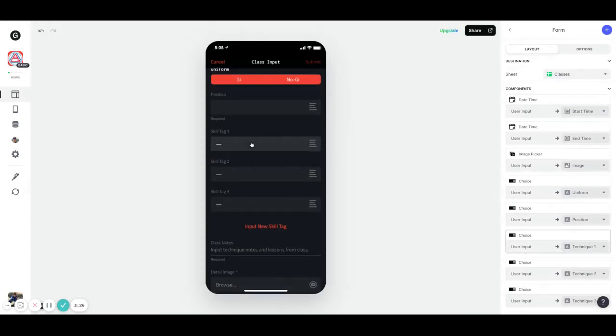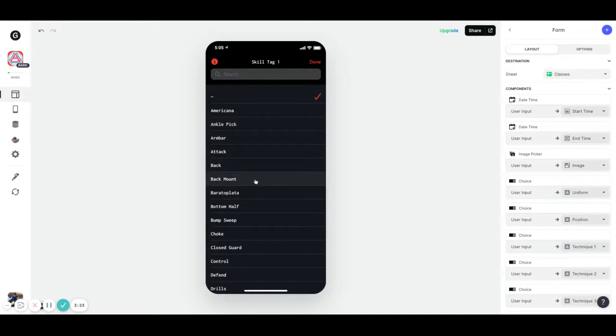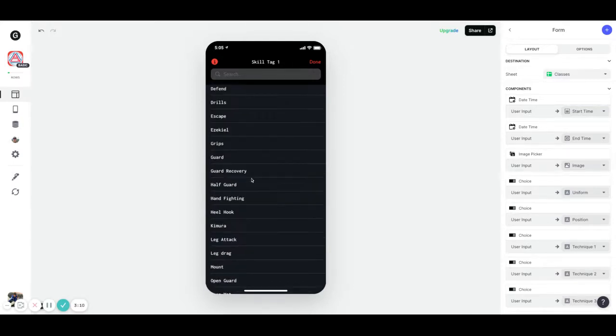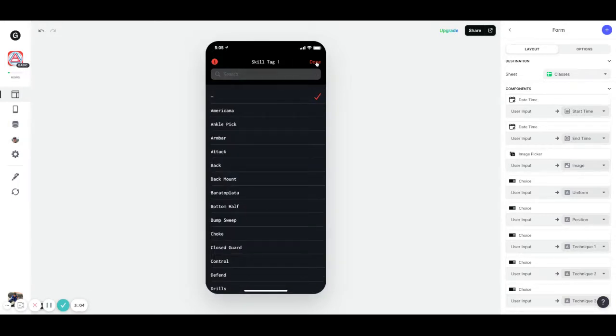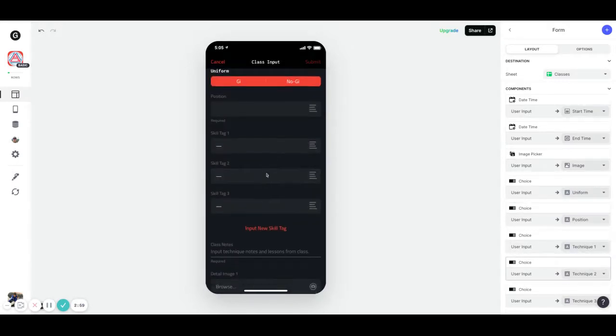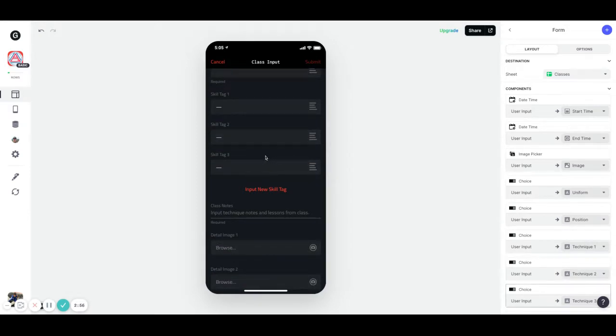Following that, you can select skill tags, and think of this as like hashtagging for your class. So you can select up to 3, and that's limited just because we don't want to blow out the relations and have 100 different relations to one class. So when you select a skill tag, it will link to other videos and the classes associated with that skill tag. So everything's connected together. The idea behind this entire app was to make it flow the same way Jiu-Jitsu does and connect everything that we do the same way every position is